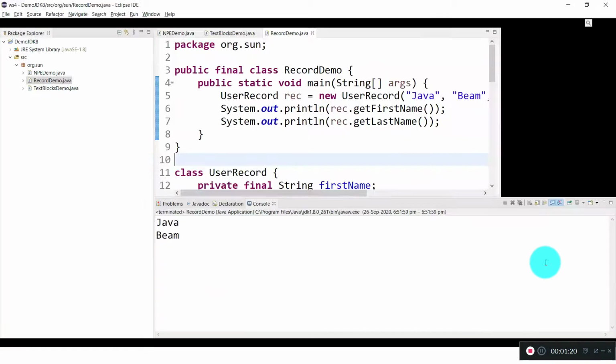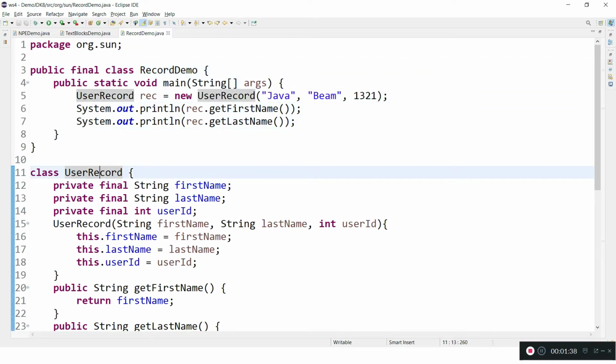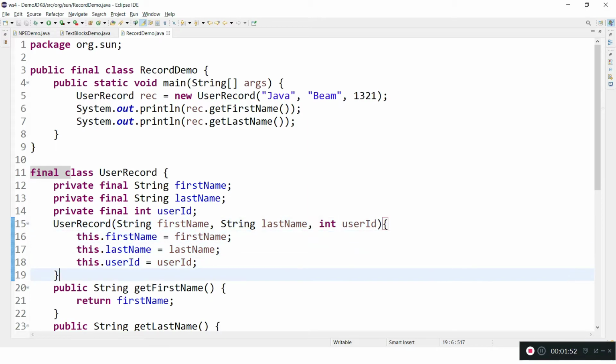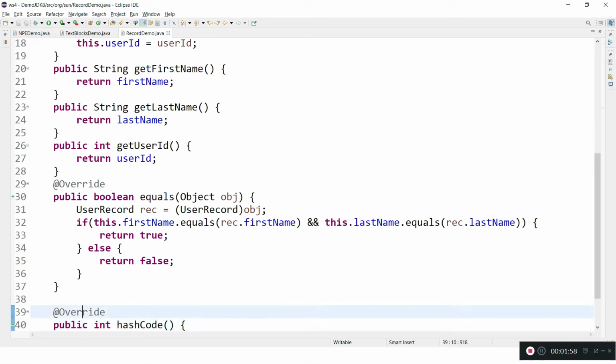Let's see one example. I am trying to write an immutable class. To write an immutable class I need to use final class type, and all the fields must be final, and I need to provide a constructor to initialize the instance fields, and I need to provide getter methods and no setters, and we also have to provide equals and hashCode.